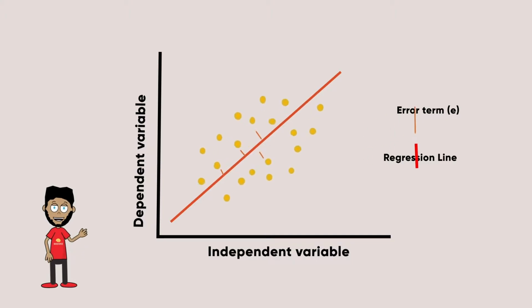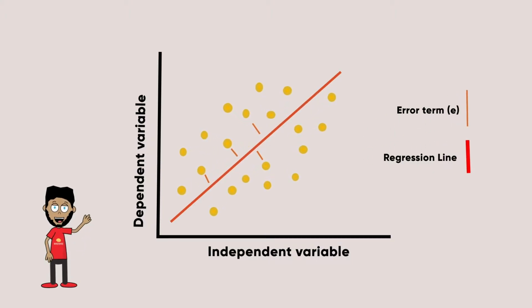As you can see from this graph, we plot the dependent variable versus the independent variable, which gives us a regression line made from the line formula, and error terms which give us the error in our model. And when we come to the coding part, you will understand the tiny details. So let's move on to it without any further delay.